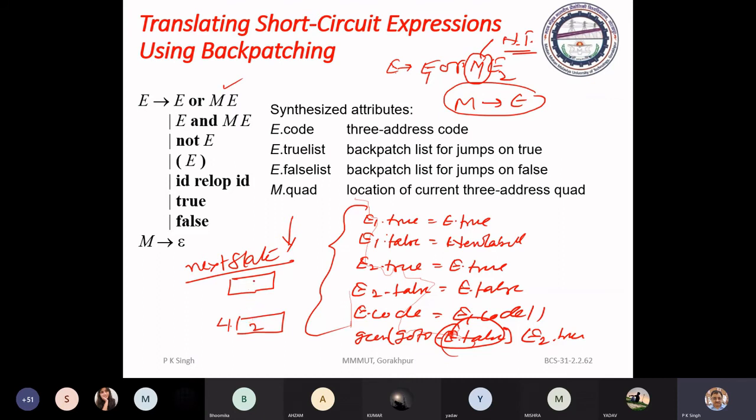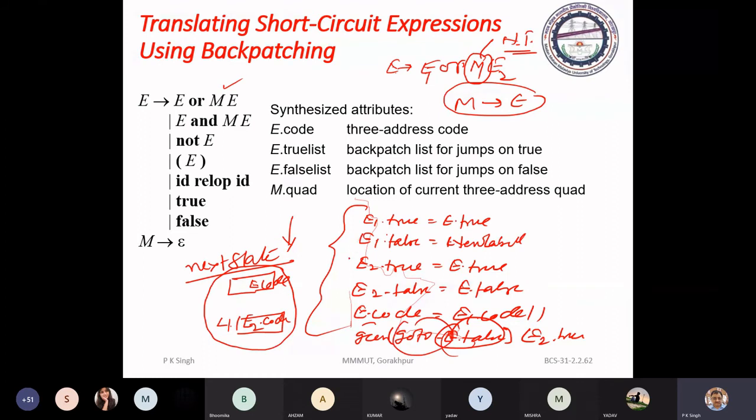Now we can merge both the lists. This is E1 code, this is E2 code. When you merge with this label, and here in E1 code having the part of go to, means E false. Okay, this go to.